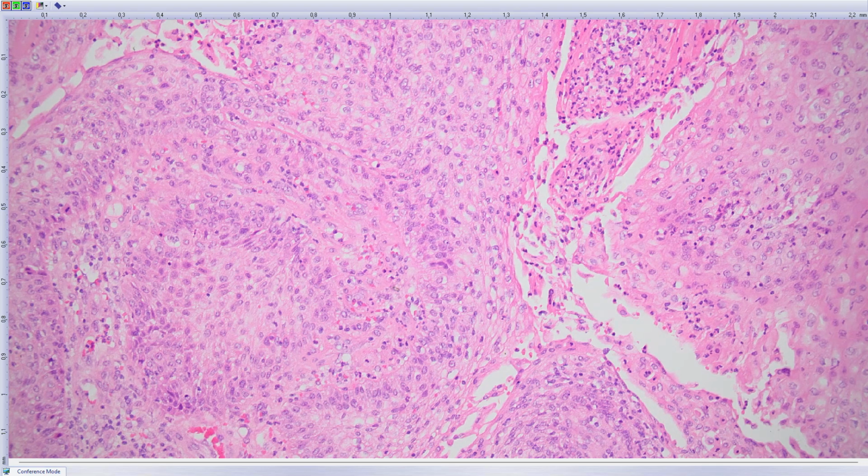So I've got a couple of cases from various sites. Some of them are, I believe, easy, but educative, I believe. The first case is